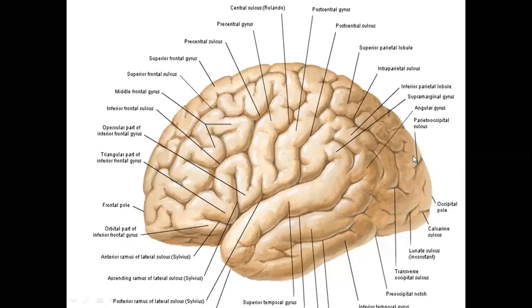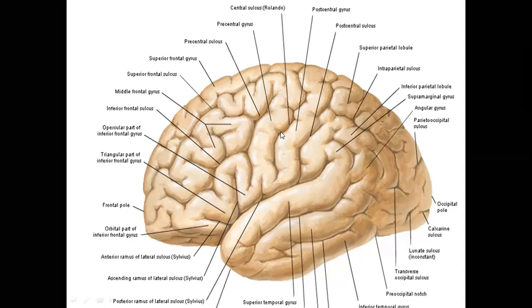Once you can identify these three sulci, you can divide the brain into lobes: the frontal lobe in front of the central sulcus; behind the central sulcus, the parietal lobe; and behind the parieto-occipital sulcus, the occipital lobe. Below the sulcus of Sylvian, you have the temporal lobe. So four lobes of the brain are there. It is very easy once you understand the central sulcus. In front of it you have the pre-central sulcus, behind it the post-central sulcus, and you have the superior and inferior temporal sulci.